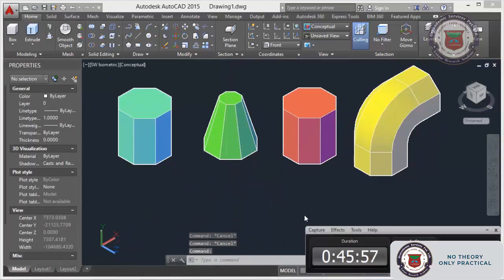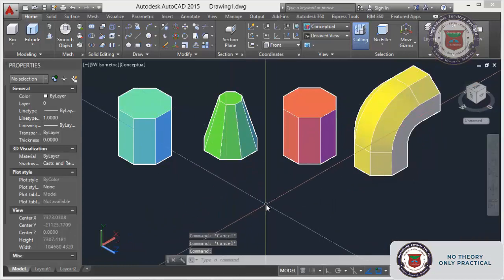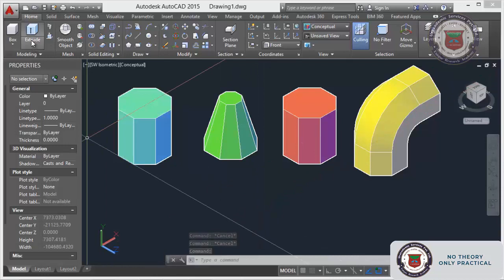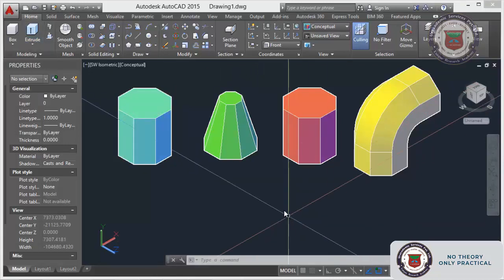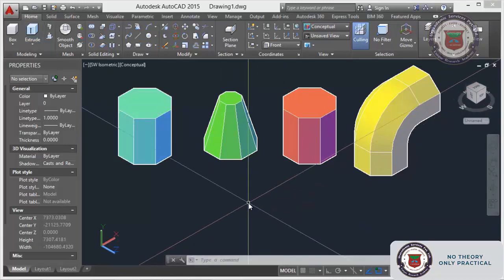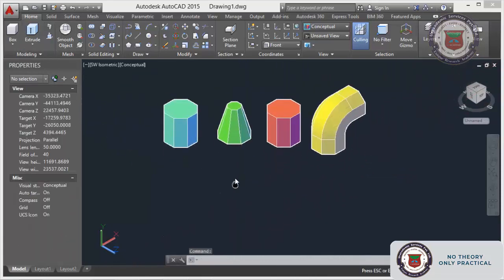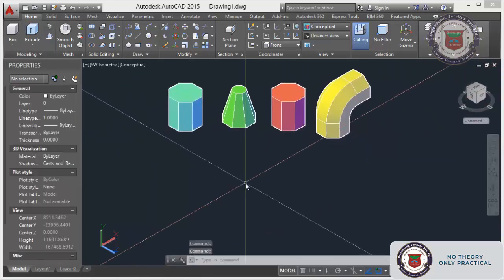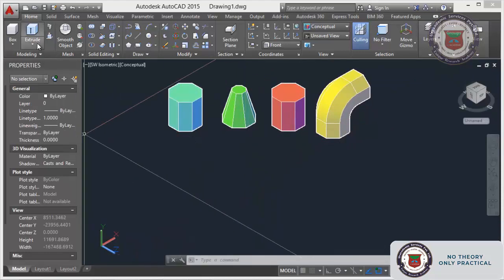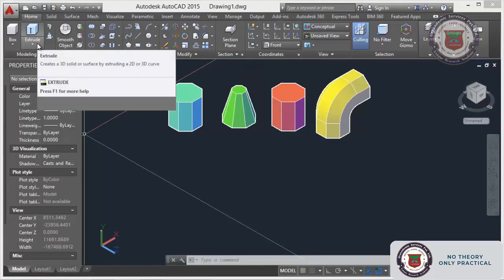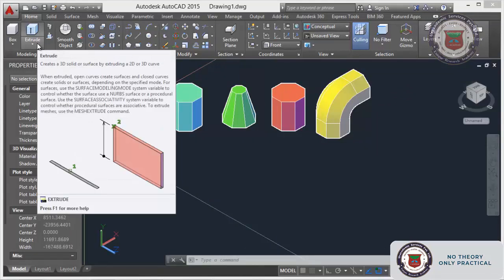Next we will go for the loft command. In the loft command we will quickly go through all the options so that you will have the practicing session. If you have any doubt you can come with proper questions to your class teacher.